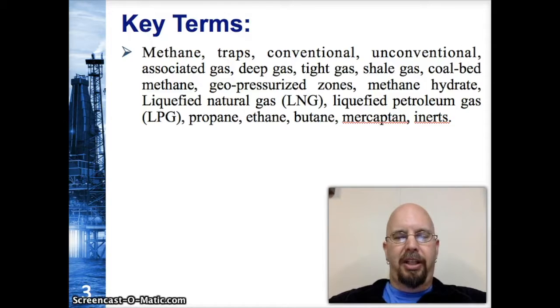Now, folks, these terms are going to be vital for you for the remainder of the term. Same with last section as well. They're going to be used interchangeably quite a bit, so I need you to understand them very, very well. Like I said, they're going to be used especially when we talk about drilling later on, when we get into